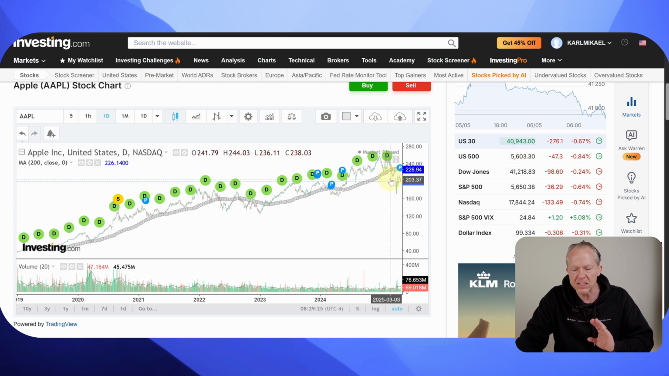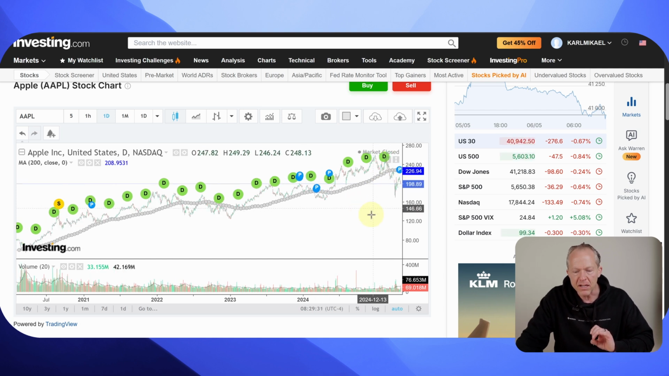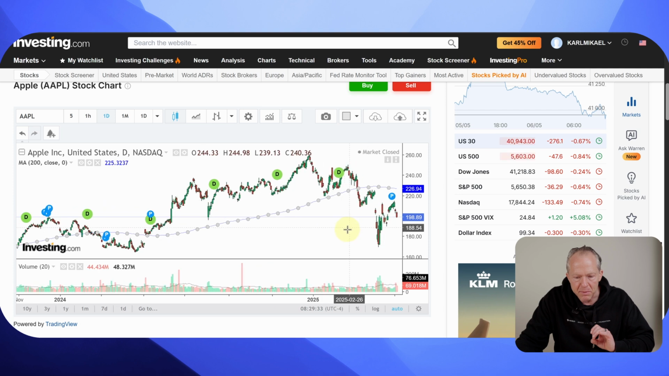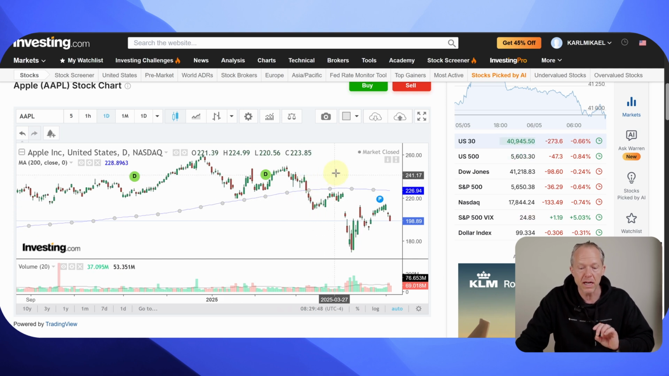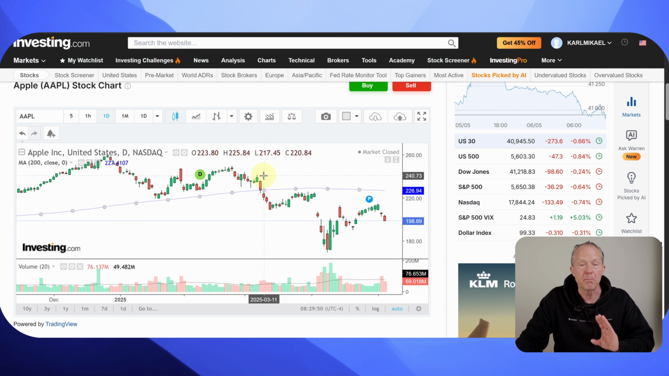But now recently here in March, Apple share price actually did break down, then made a, let's zoom in a little bit. You can see here how it first bounced off of the 200-day, and then here had a huge move down. You see this large red candle here, a huge move down, which broke through the 200-day, and after